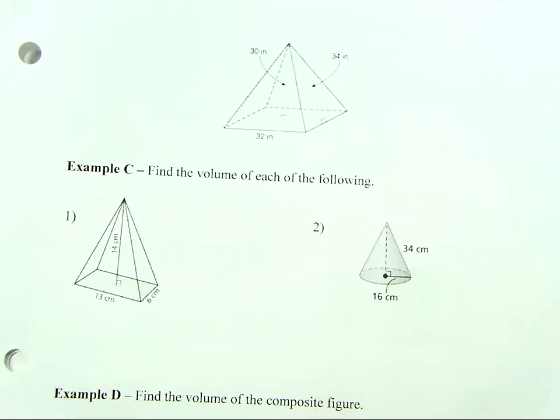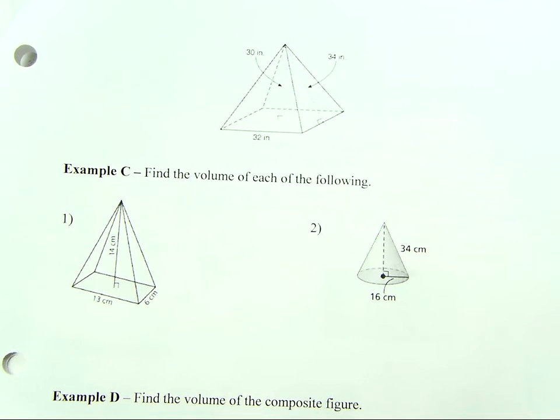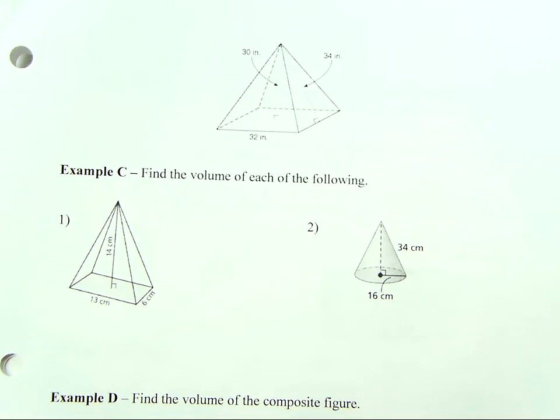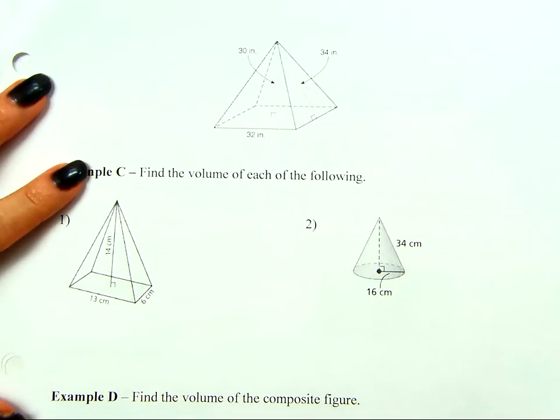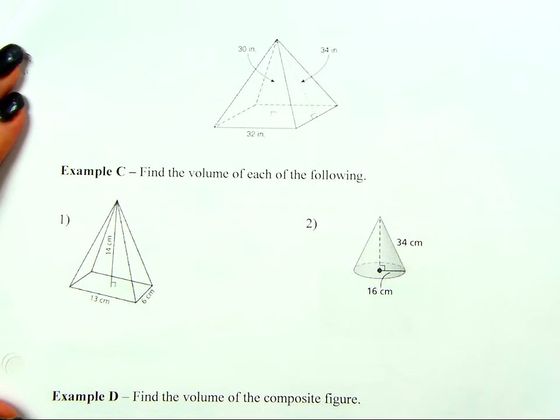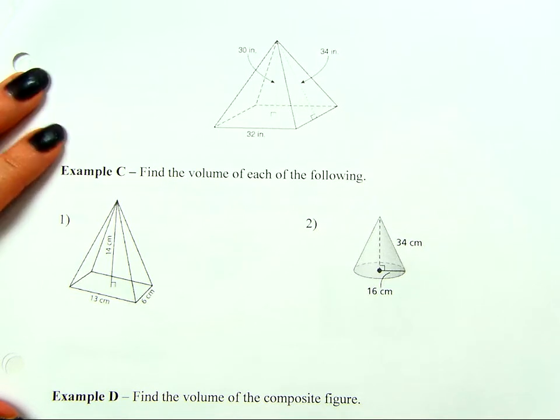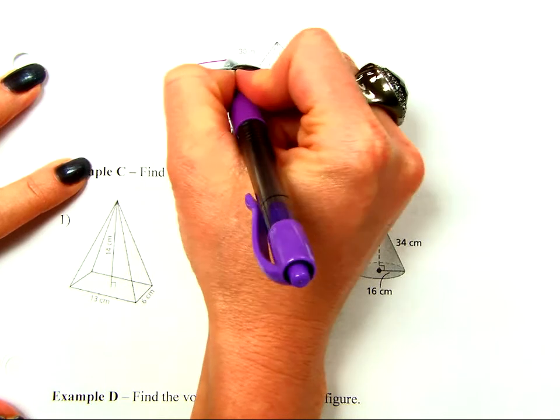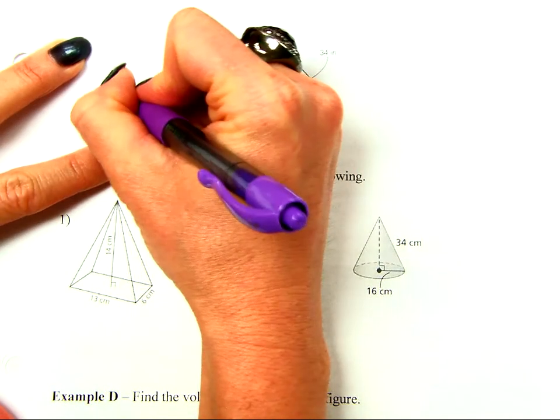So let's flip it over and take a look at a couple examples. First of all, on the top, I want to take a look at this pyramid. If you can see the numbers given, and I asked you about the height of that pyramid, would the height of the pyramid be 30 or would it be 34? Yeah, this is actually the pyramid height